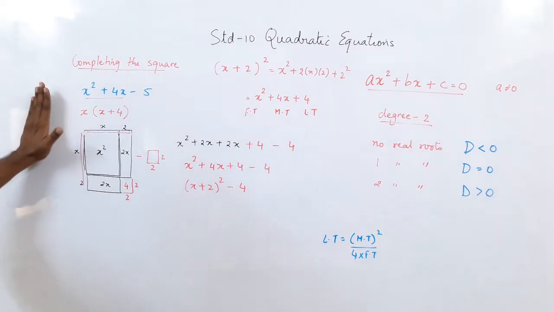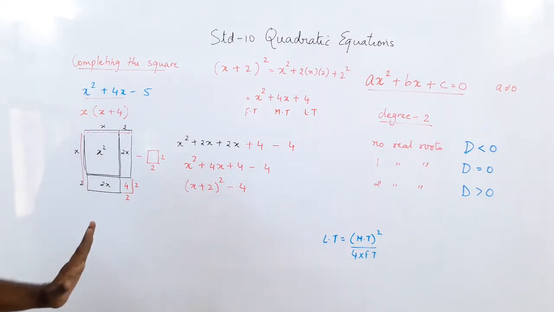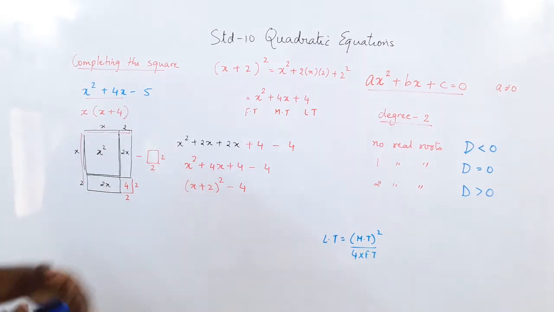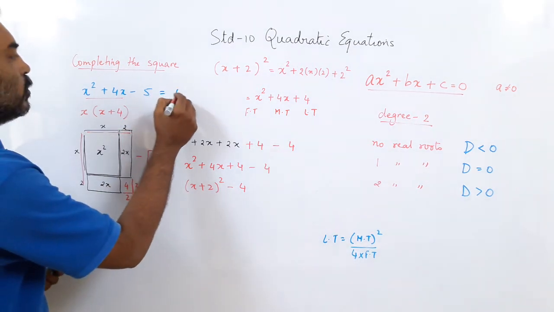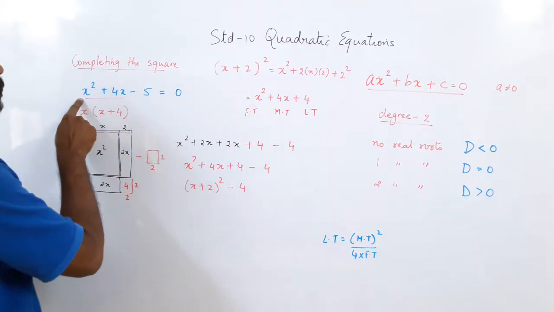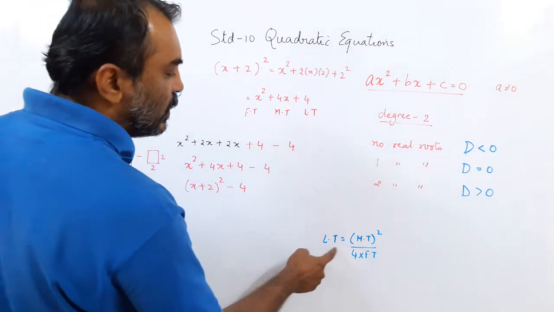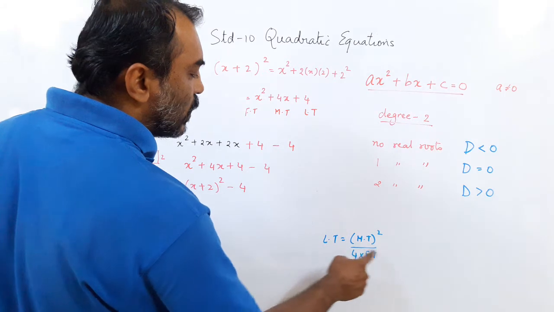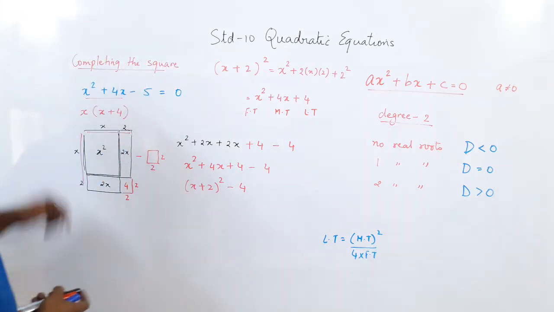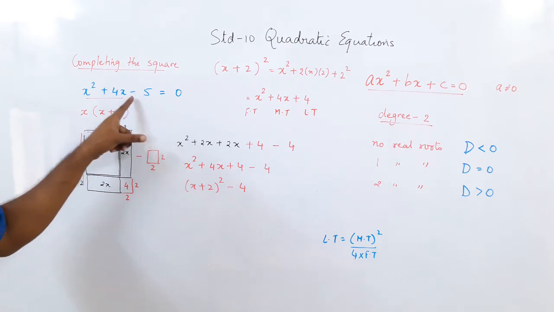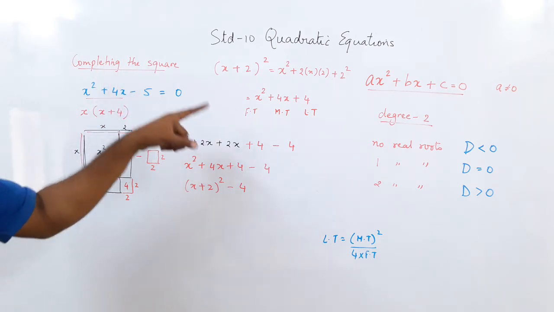Now this is only for understanding, we do not use this. What you will use, in the sum the three terms are given equal to 0. You will take this to be your first term, this to be your middle term, and for the last term you will use the formula. Last term equals middle term the whole square upon 4 into first term. So when you solve, you will get a 4. So when you add a 4 like I did before, you will also subtract a 4.